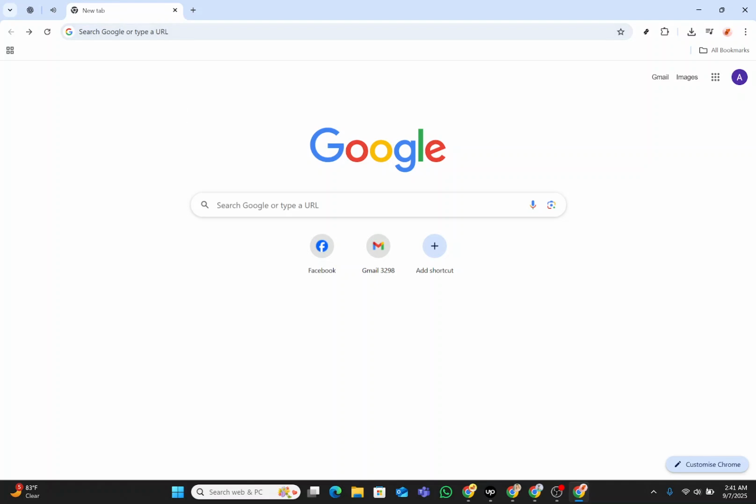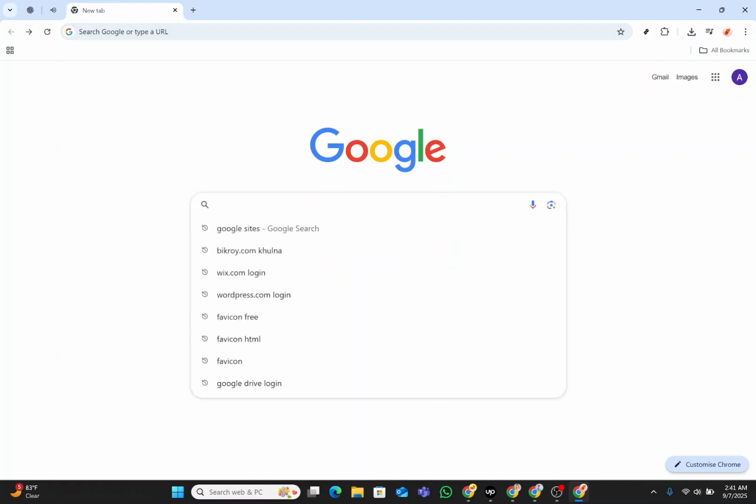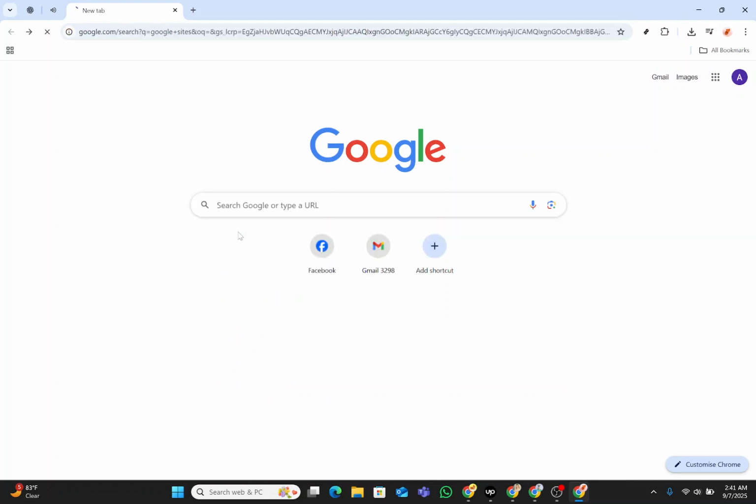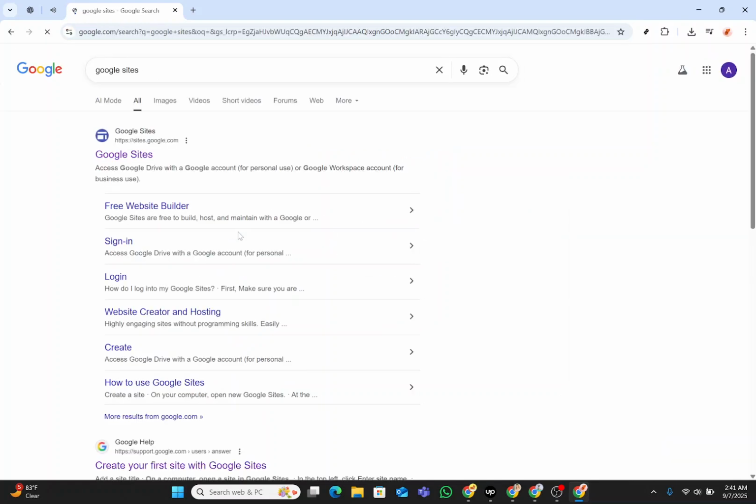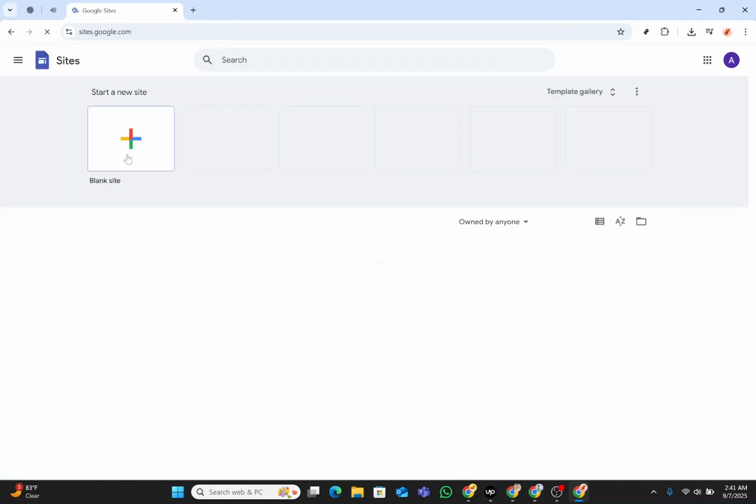First, open your preferred web browser and go to Google by simply entering the URL. Once there, type Google Sites into the search bar and hit Enter. Click on the very first link that appears in the search results. This will take you straight to the Google Sites homepage. Once you're on the Google Sites homepage,